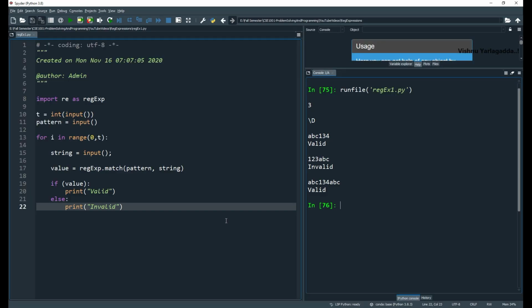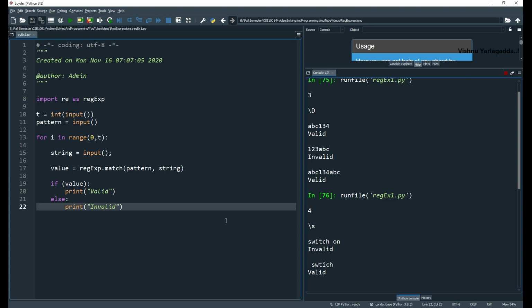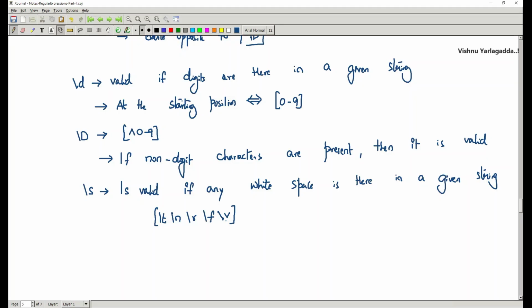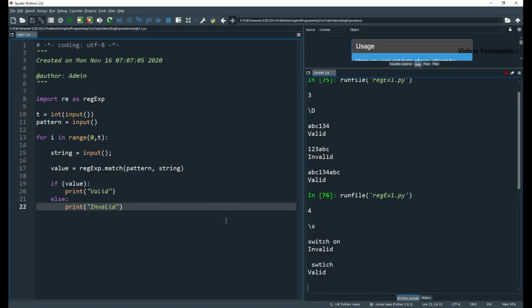So I'm going to give 4 test cases. With \s, if a white space is there, it's valid; otherwise, invalid. It checks the starting position, if you can find any space.